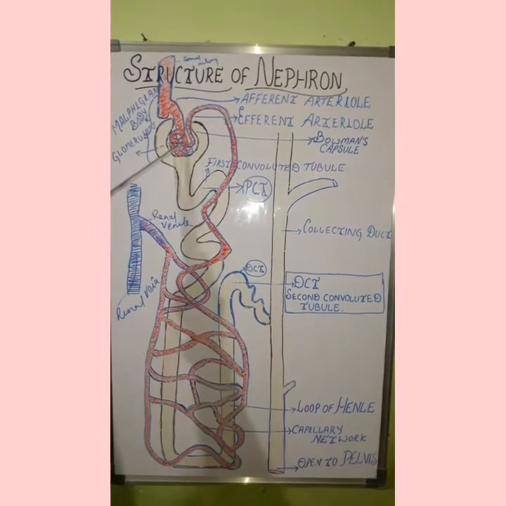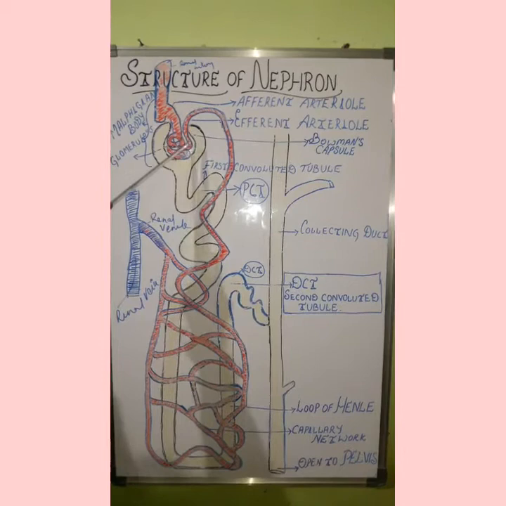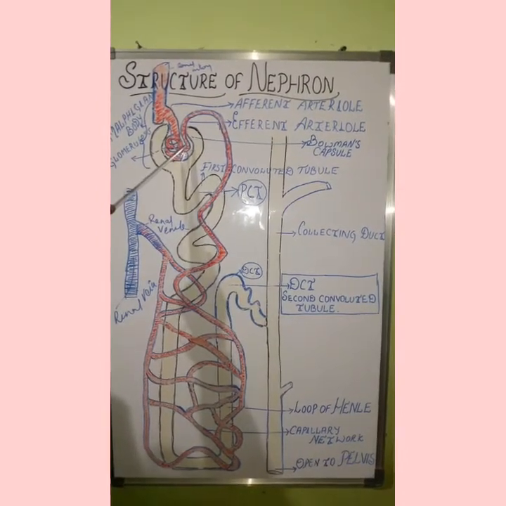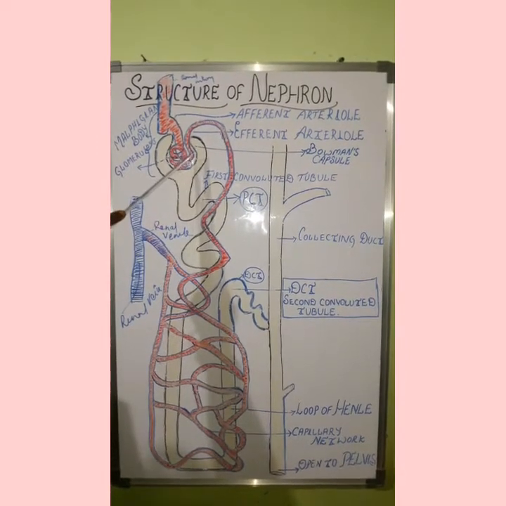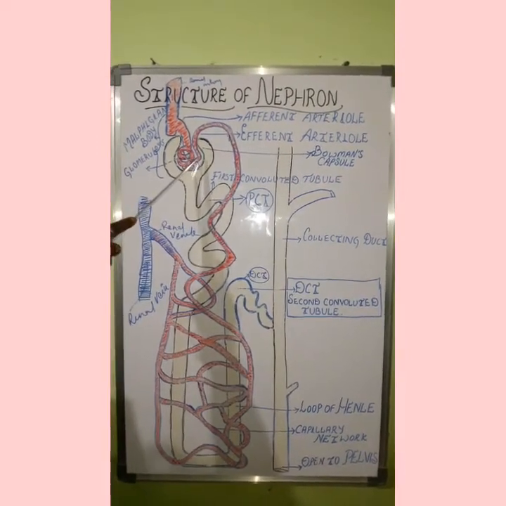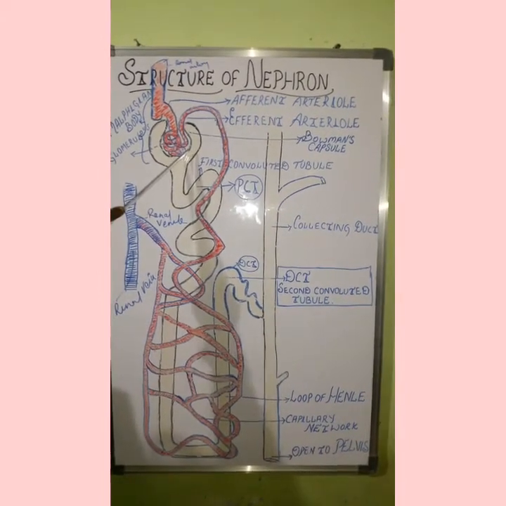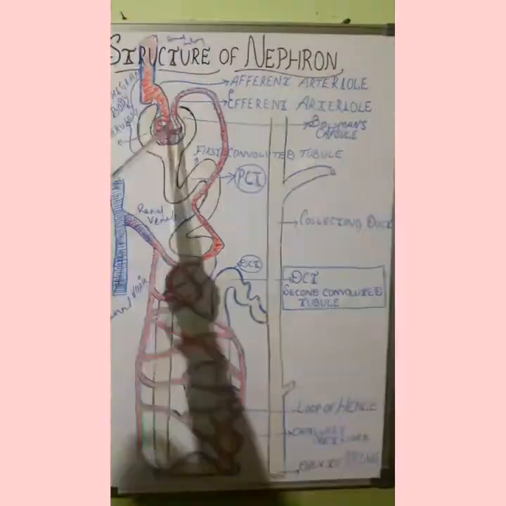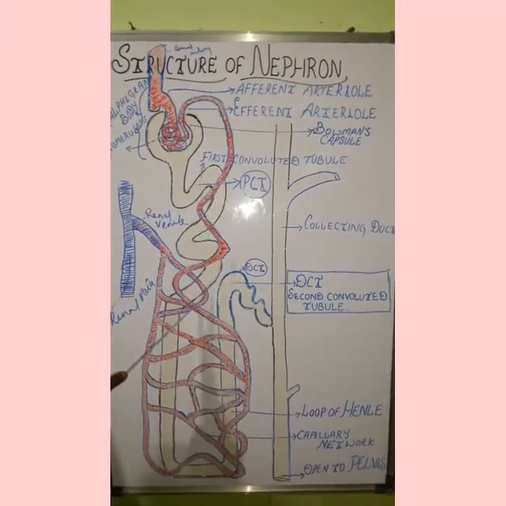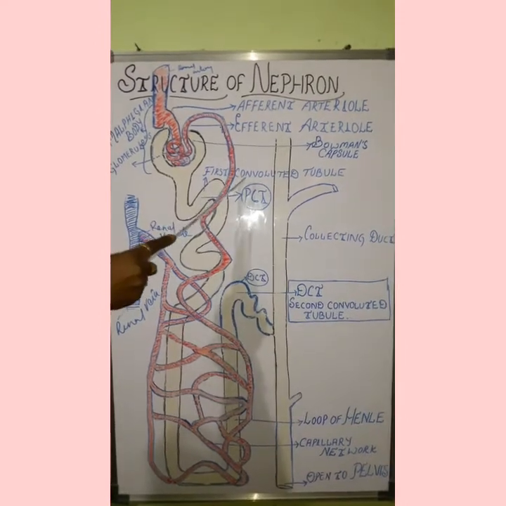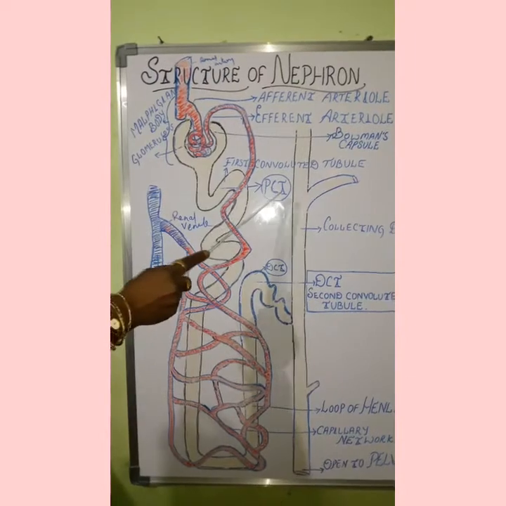Tubular reabsorption. Now, the filtrate from the glomerular filtration is called primary urine, which is almost equal to the blood in chemical composition, except for the presence of blood cells. Now this primary urine enters the first part of the convoluted tubule, which is called the PCT.